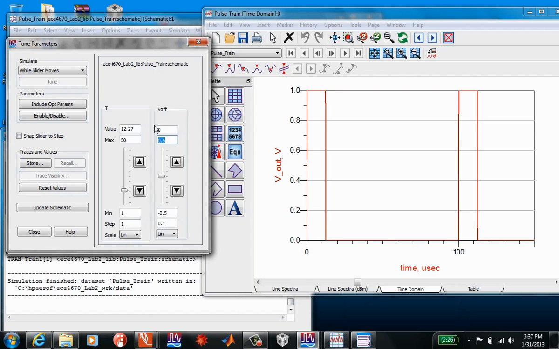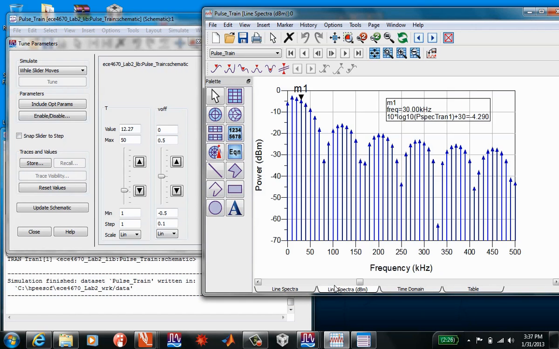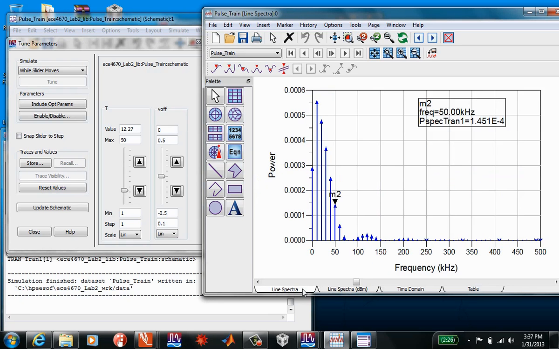Set it to 0. I've got two line spectra plots. One is in dBm, which is like what you see in the spectrum analyzer in the lab, but it's maybe a little bit confusing to look at something in dB for a line spectra. So I've also got a linear one plotted up here, which is a little bit harder to see because if the lines get really tiny, you just don't see anything. I've got a marker on here that I can move around, and right now the frequency of my period is giving a fundamental of 10 kilohertz. So that's the fundamental. There's the DC line, and